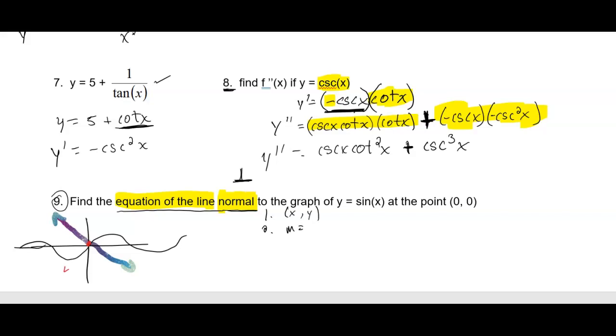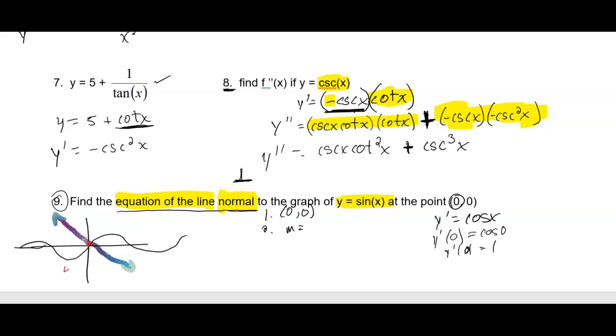The point is easy because I give it to you. So instead of x comma y, we actually know what our point is. It's 0, 0. What we now need is the slope to go with that point. So hopefully at this point we know the slope is our derivative. The function we're taking the derivative of is sine of x there. The derivative of sine of x is cosine of x. We want to evaluate it at this x coordinate here of 0. So the cosine of 0